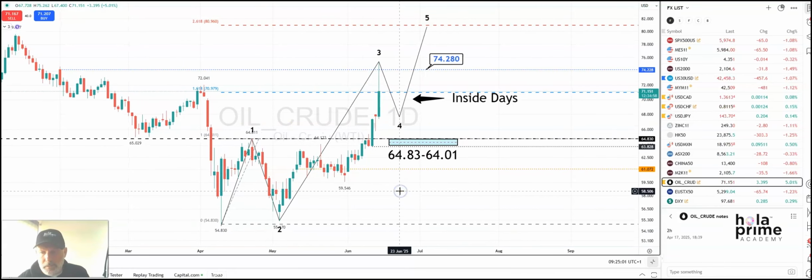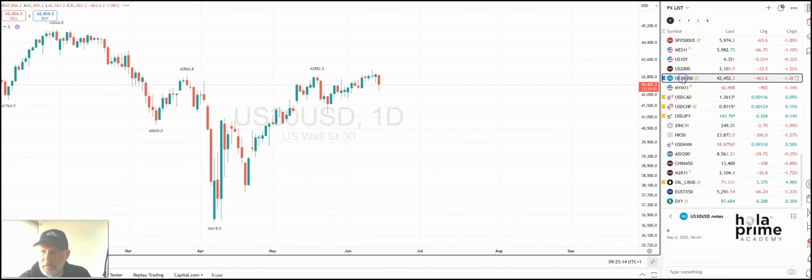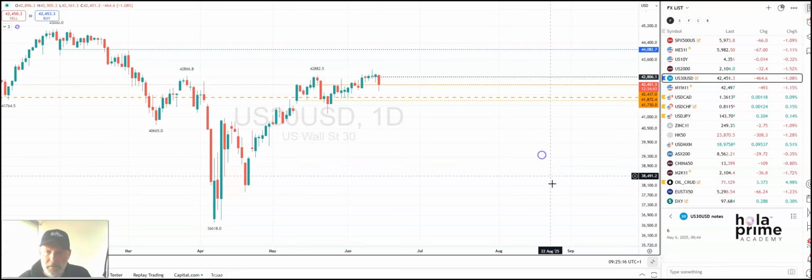So at the moment, just take care in oil. Yes, the bias is bullish, but consolidation and then the potential to get in. Now, US 30, I flagged this one this morning,